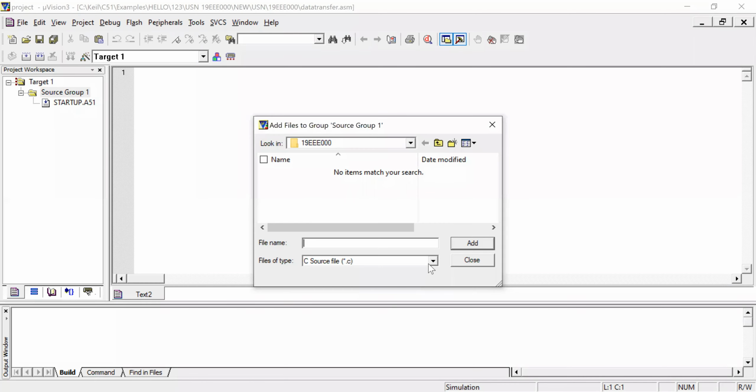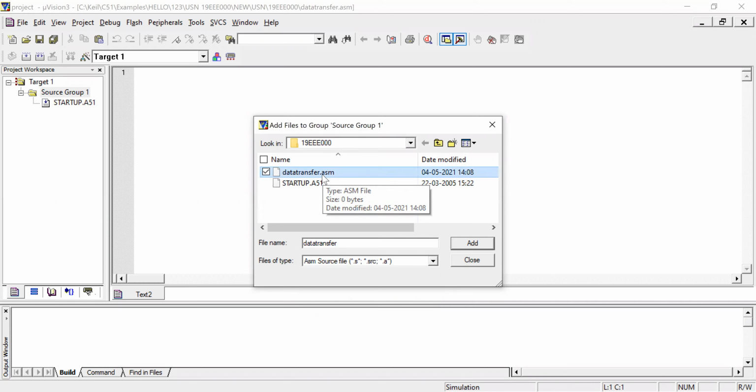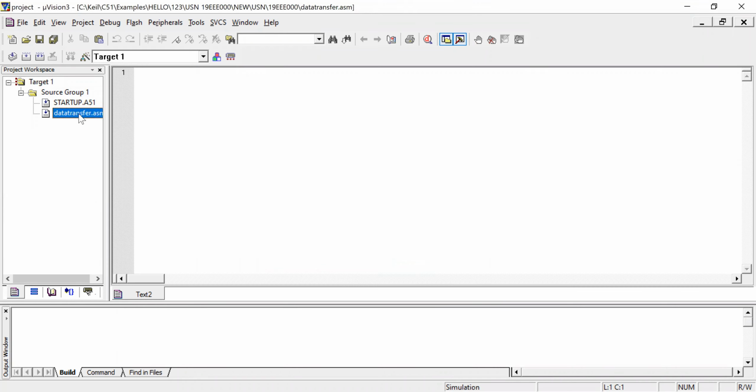Here, for files of type, click on assembly source file, because you have saved the file in assembly language. Then click this data transfer .asm file and add. So now the file is added. Okay, close it. See, now your file is added here.